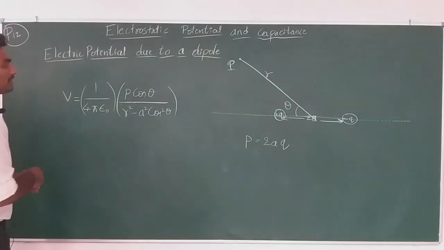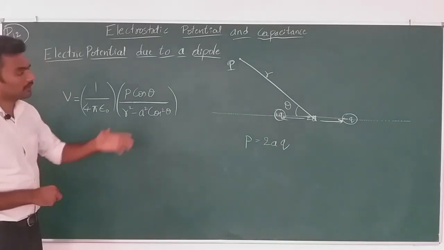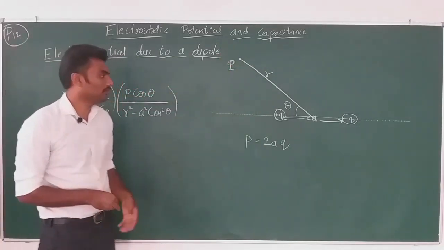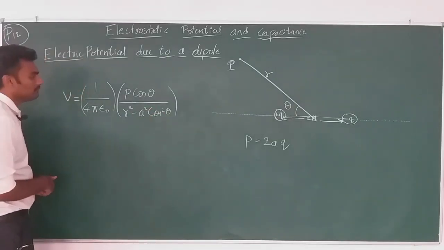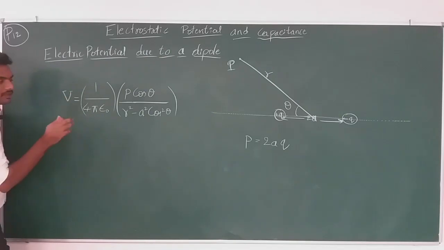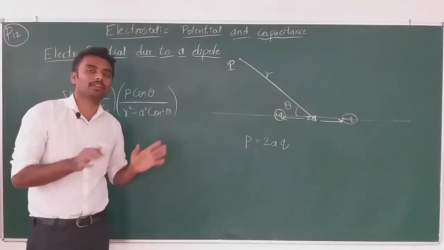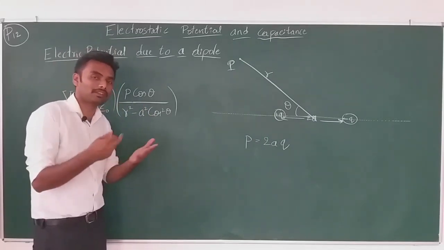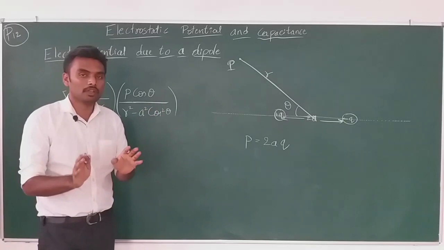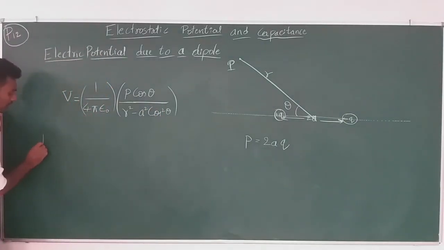The product gives us the dipole moment of the given electric dipole. Now this gives the general expression for the potential at any point chosen, with angle theta. And now there are certain special cases here. There is a derivation for this, but you do not need to go through it. You can refer to it once, do not need to memorize it. It is not there for the boards, so no need to worry about the derivation part of this.